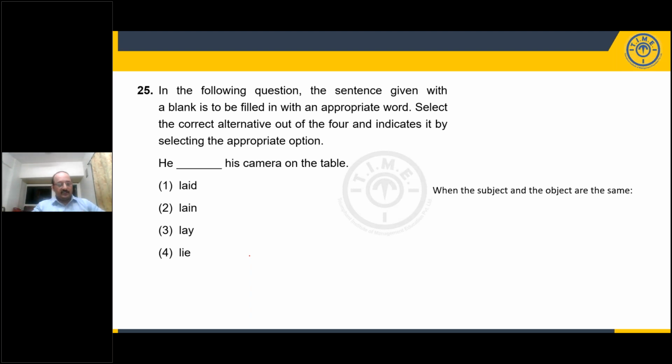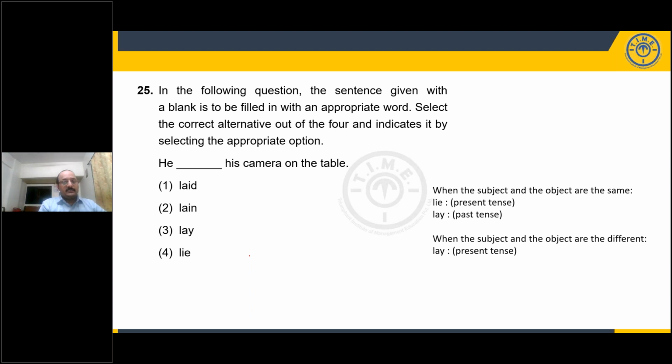आप खुद लेट रहे हो. The subject and the object are the same. Lie is in the present tense and lay is in the past tense. So I lie down on my bed by 10 p.m. daily. Present tense. I lay on my bed at 10 p.m. last time. Past tense.